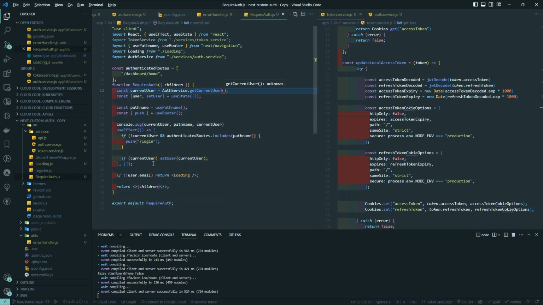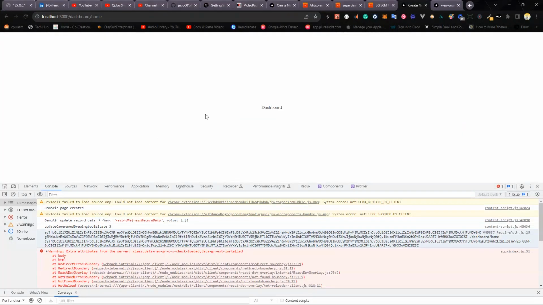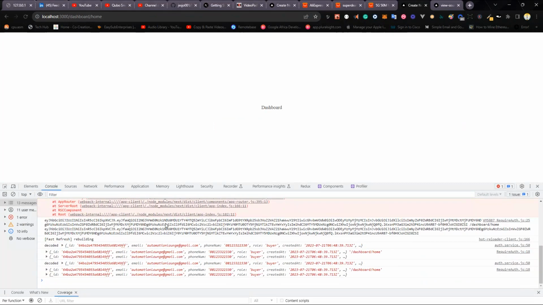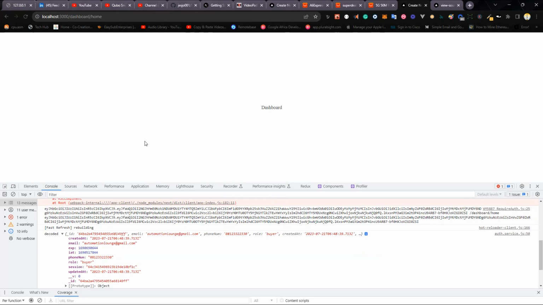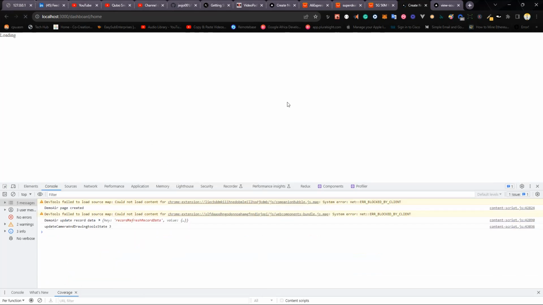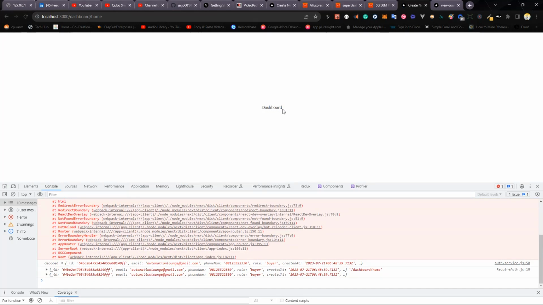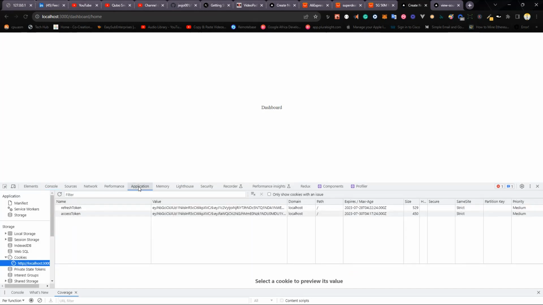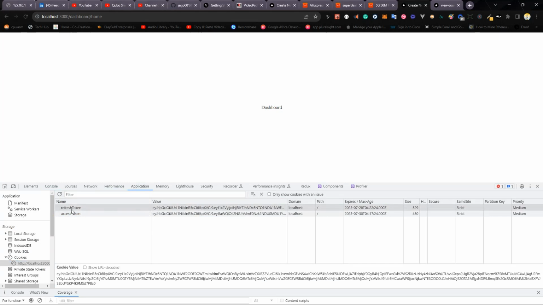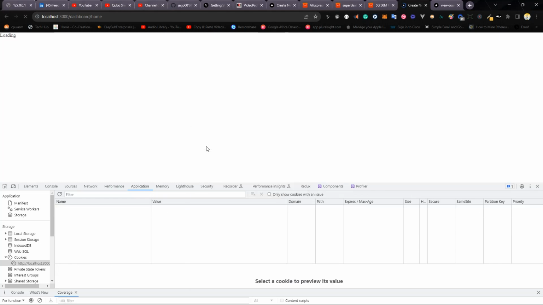So now we don't need this email here. Let me go back here. You can see now we are inside. You can see the decoded user here. So now we are inside. You can see the dashboard, and if I delete the refresh token here and load this, it logs us out. If I try to access the dashboard,